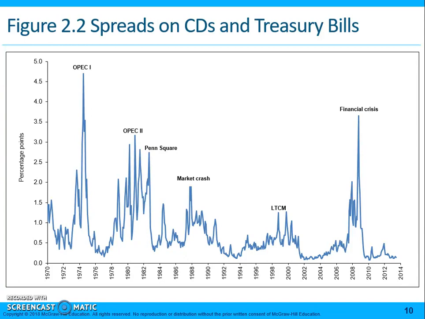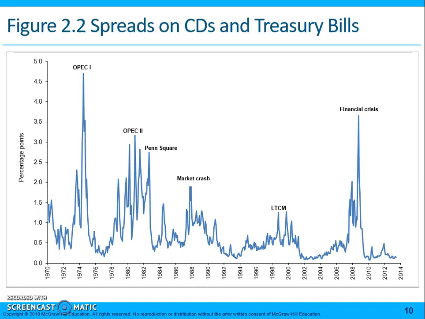We start in 1970, and we see that the spreads are relatively low, 0.5% to 1.5% maximum. However, those spreads went up considerably when the OPEC crisis, the market crash you see in 1987,